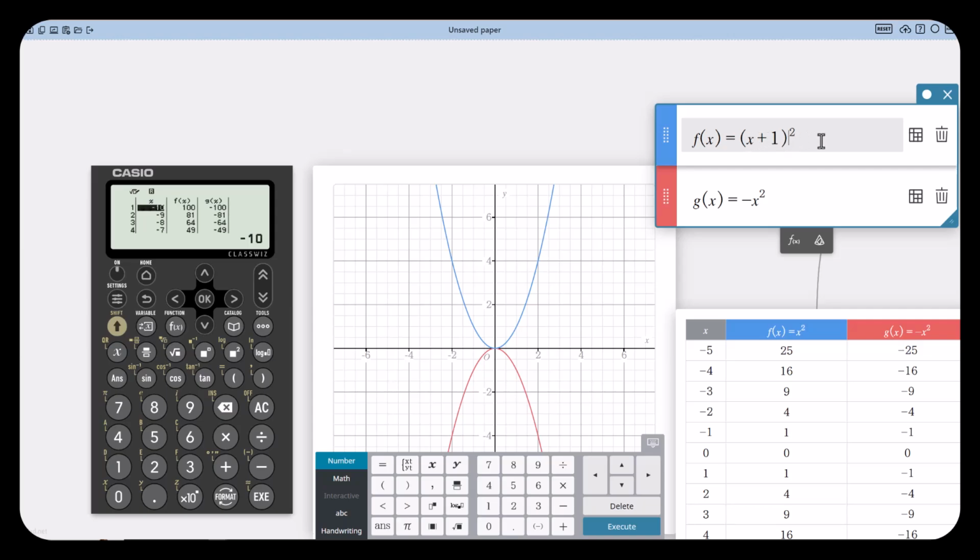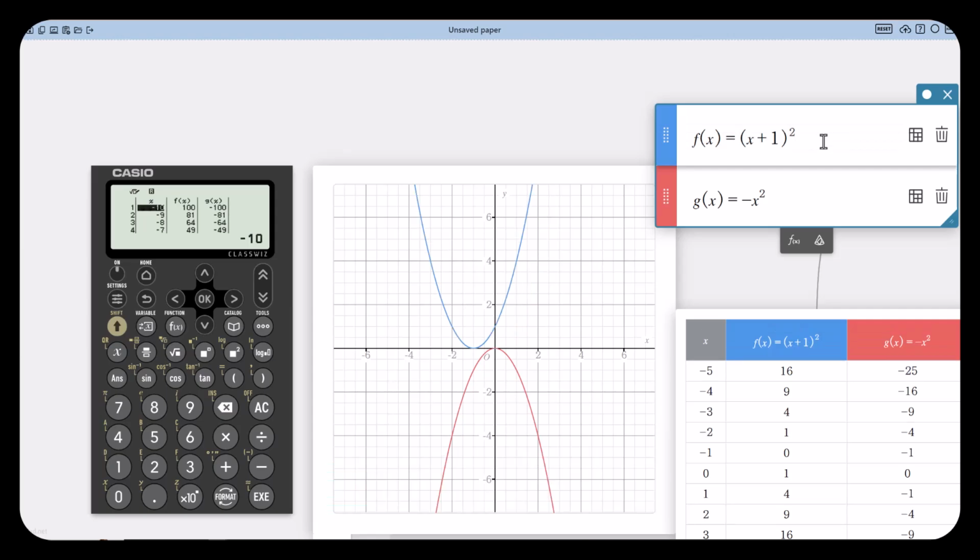And if students are making connections, they're thinking, okay, when we added that constant, it moved it up if it was positive, or down if it was negative. So if you add a positive value to this variable and then you square it, this should move your function to the right. Logical guess, and that's the beauty of this dynamic: you can just hit enter and, oh, it didn't go to the right, it went to the left.